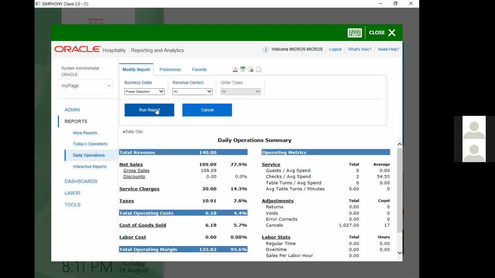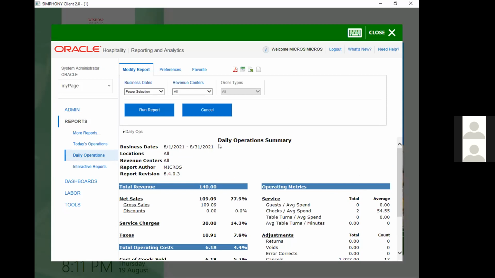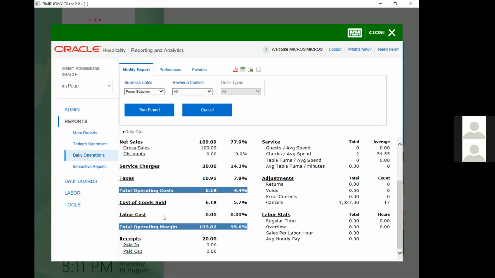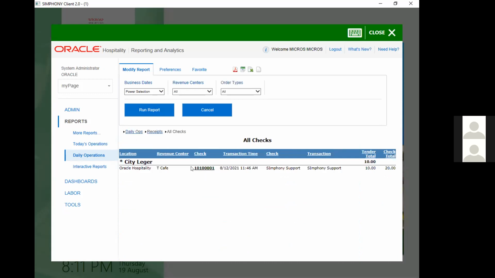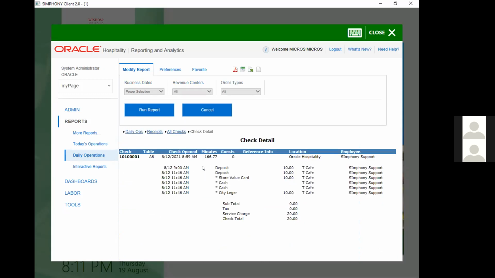I just select the month of August, and if you see here, 1st August to 31st of August, it is showing me the reports. At the same time, if you want to drill down into the receipts, you can click on the receipts. Basically it's My Micros, so it will drill you down to the check level, right?